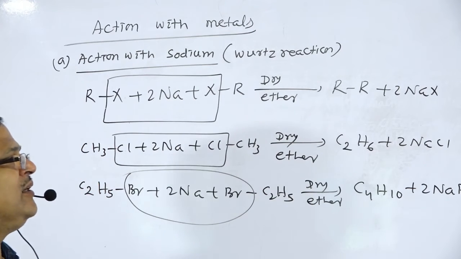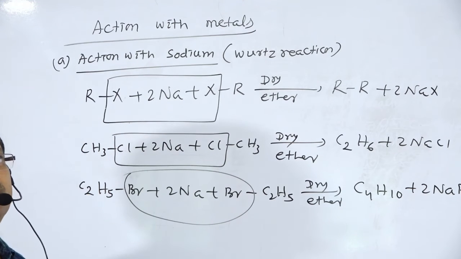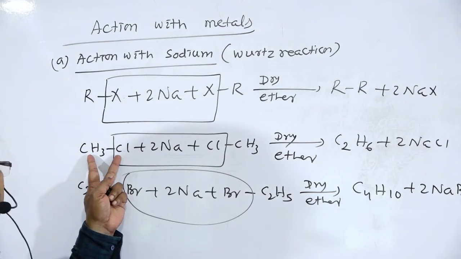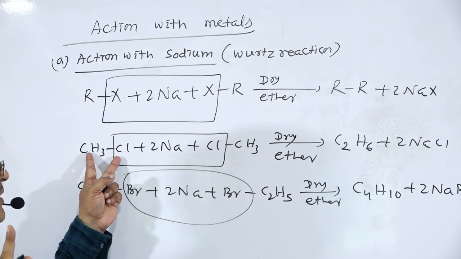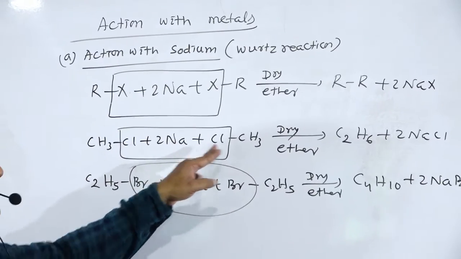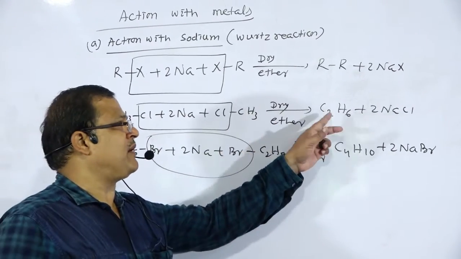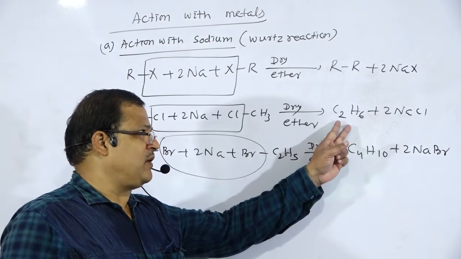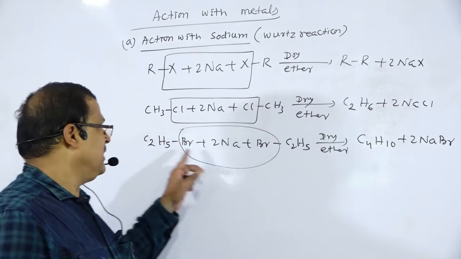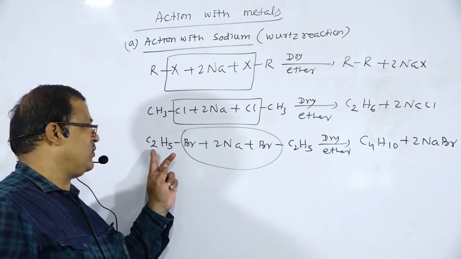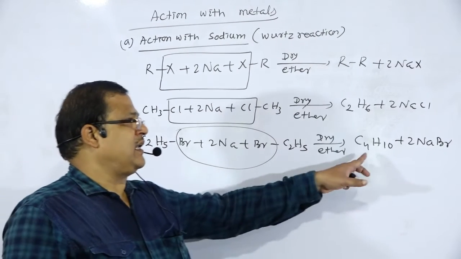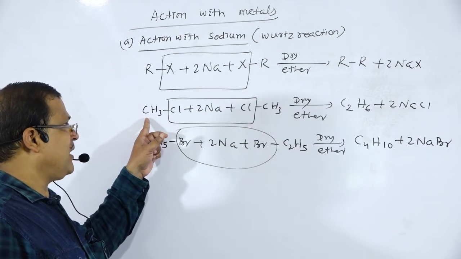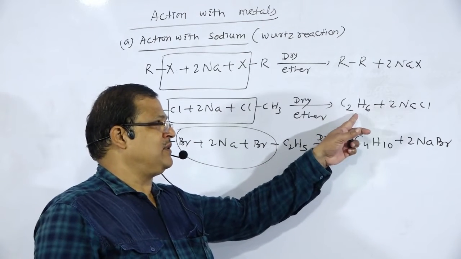In this method, methane cannot be prepared. Why can methane not be prepared? Because the alkyl halide contains a minimum of one carbon atom, and when it reacts with sodium metal in dry ether, an alkane with double the number of carbon atoms is formed. If the alkyl halide contains 2 carbon atoms, the alkane has 4 carbon atoms. If the alkyl halide contains 1 carbon atom, ethane is formed.